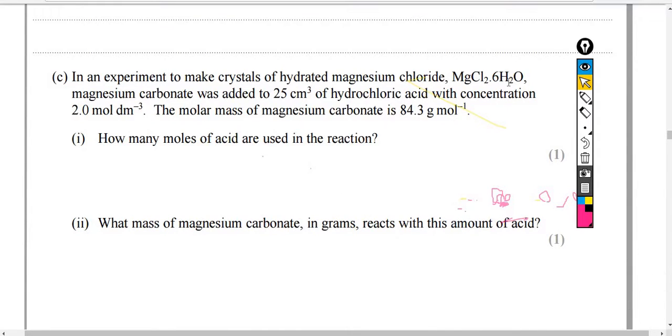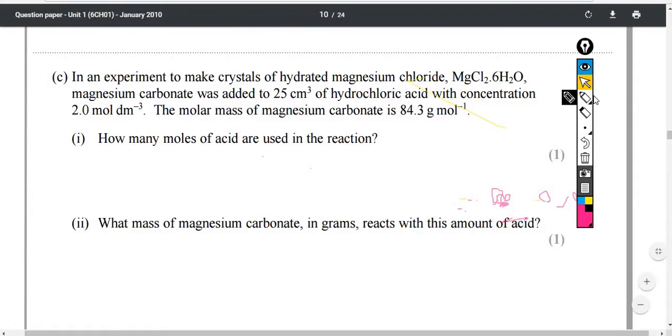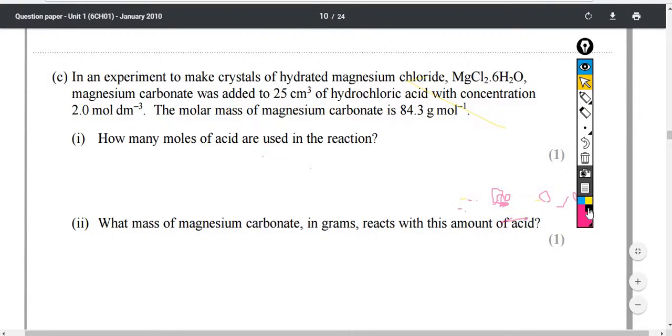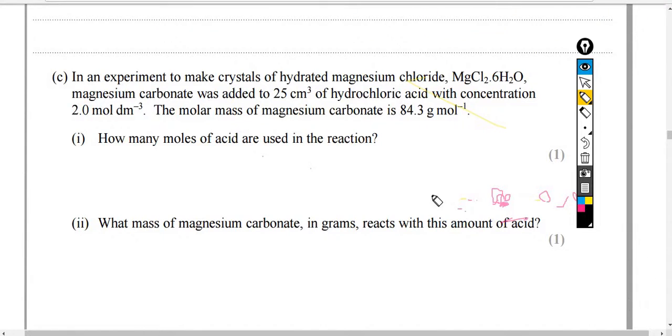How do you combine these two together? Okay, so if you remember the equation, number of moles, if that is n, is equal to concentration